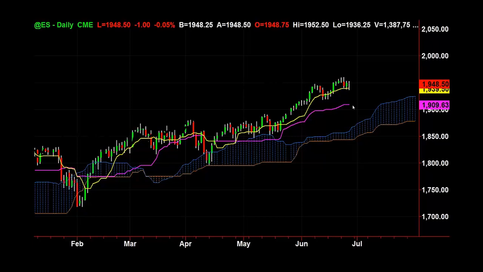All right. So we've got the standard line. This is a 9 period. This is I think a 26. Okay. Now, if the yellow line gets broken by the price action, it has a really good chance of going to the purple line. Okay. So if it breaks the fast line, it's going to go to the medium line. Okay. If it breaks both the fast and the medium line, then it's probably going to either go to the top of the cloud or the bottom of the cloud.